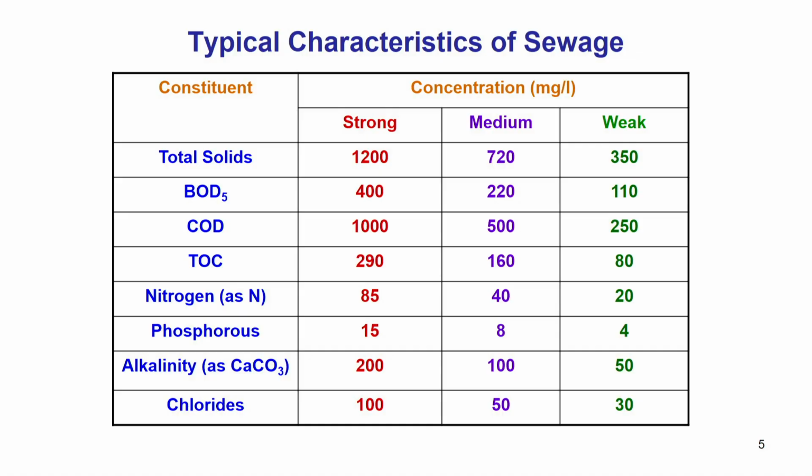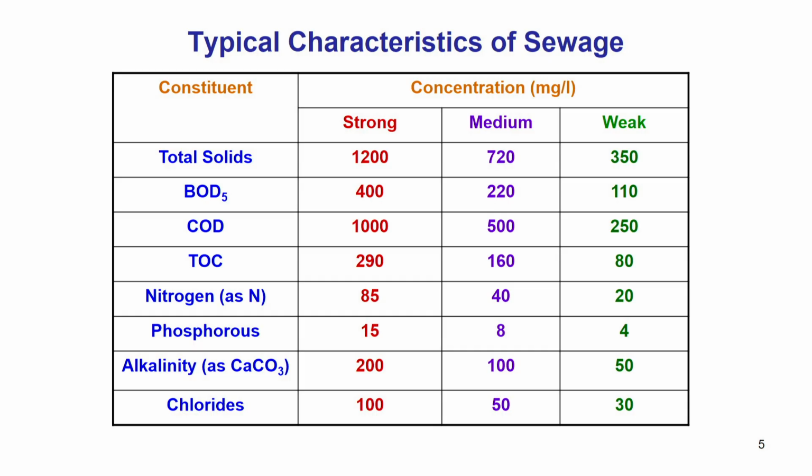This slide shows the typical characteristics of sewage or domestic wastewater. The sewage can be categorized as strong, medium and weak depending upon the values of various parameters. Some major parameters are listed here: total solids, biochemical oxygen demand, chemical oxygen demand, total organic carbon, nitrogen, phosphorus, alkalinity and chloride. We can see here the biochemical oxygen demand to COD ratio is approximately 0.4, and the wastewater is considered biodegradable